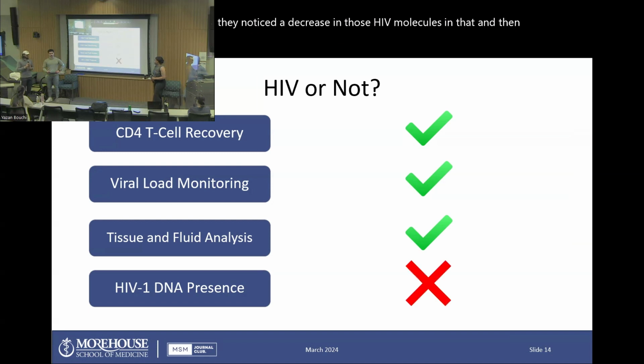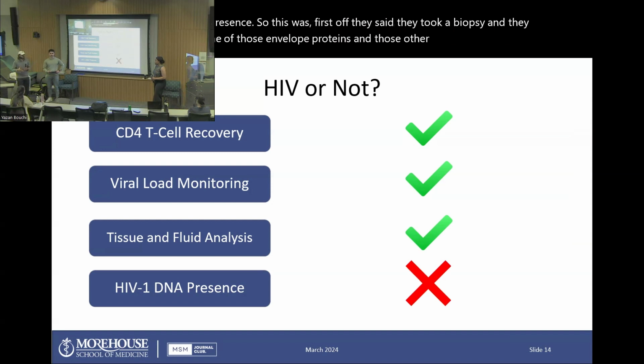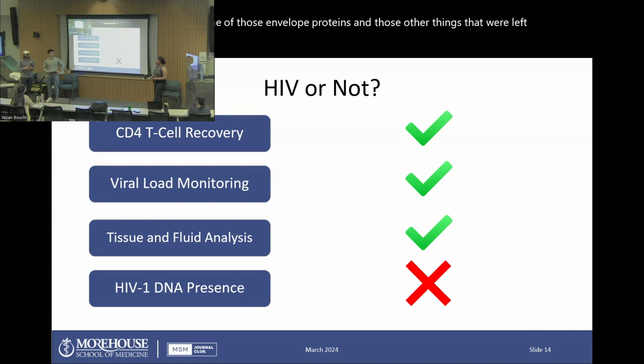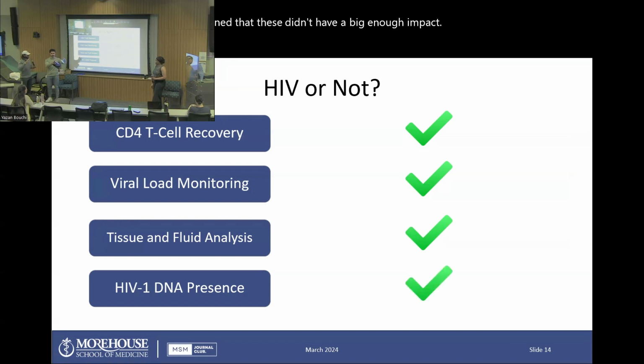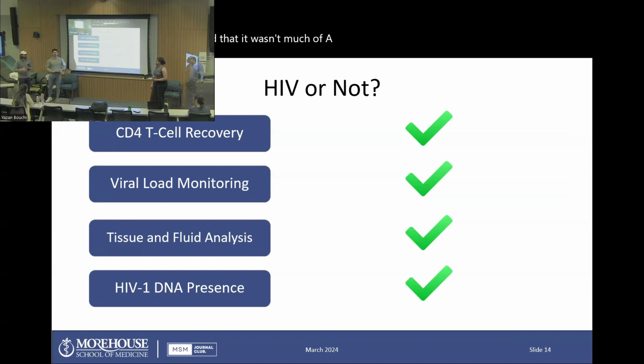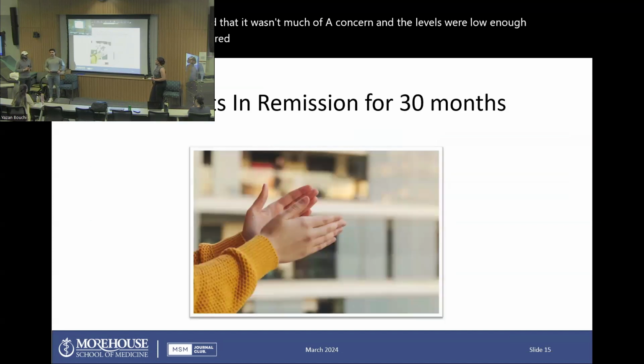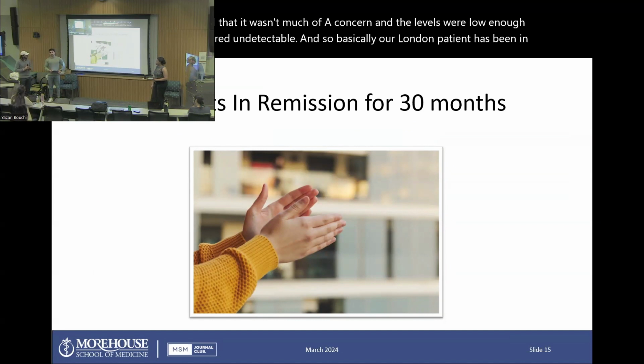They took a biopsy and found still some of those envelope proteins and other things that were left behind. But they mentioned that these didn't have a big enough impact, it wasn't much of a concern, and the levels were low enough that it would be considered undetectable. So basically, our London patient has been in remission at the point of this paper for 30 months,